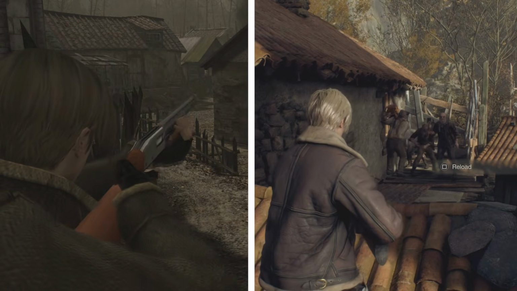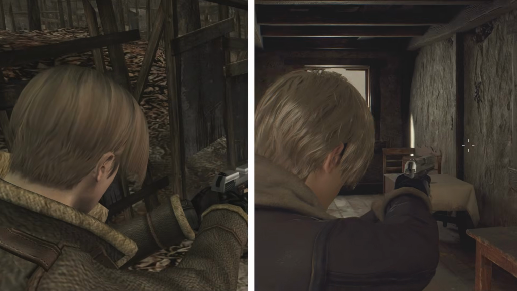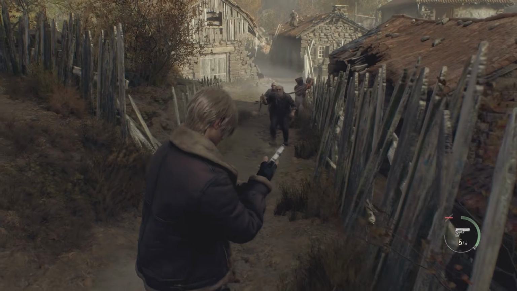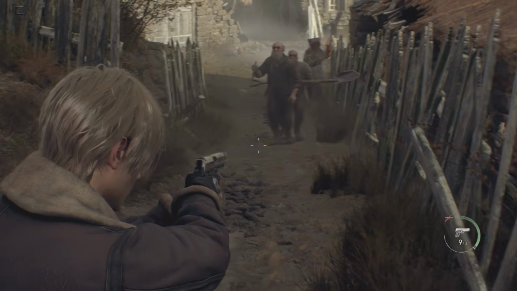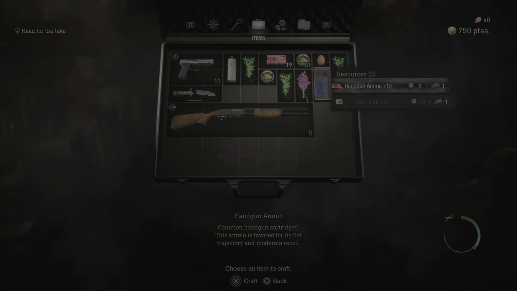This one aspect alone changes that whole tense feeling of if you can do it in time before you're caught. So if you can move while doing this, then it kind of makes sense to balance this out a bit by having the reload take a little longer than the original. Obviously, weapons can be upgraded throughout the game, which makes reloading quicker and easier.